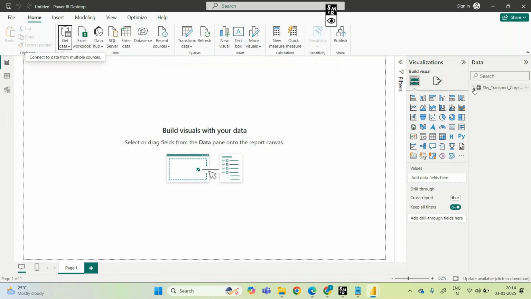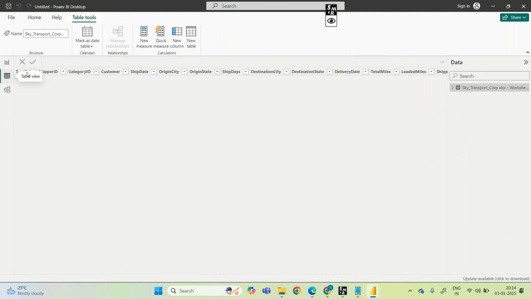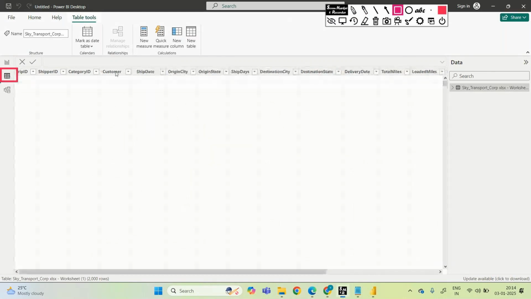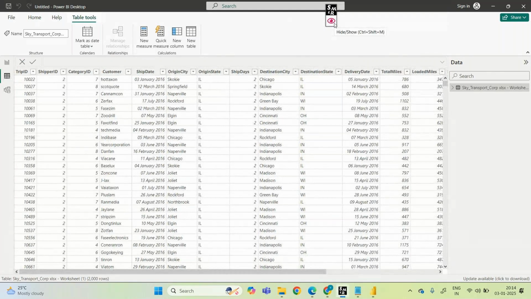See here on the right side, you can see all the columns, and here is the table view. Just focus on how this application looks. Step by step, we will discuss each and everything clearly while covering the topics.